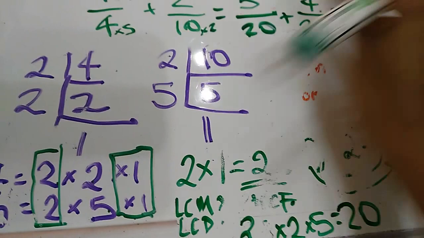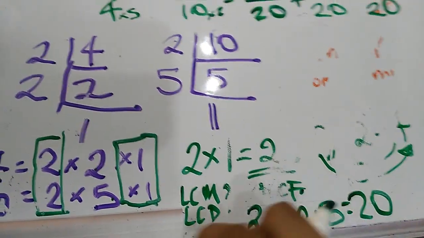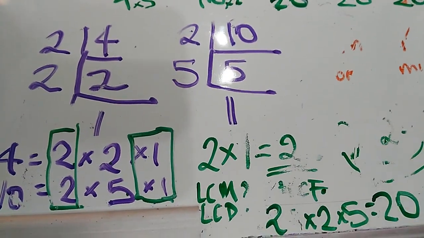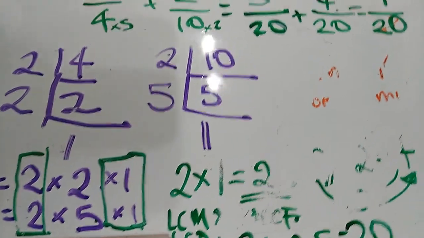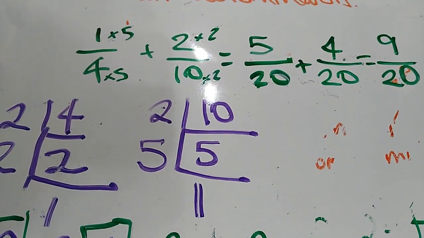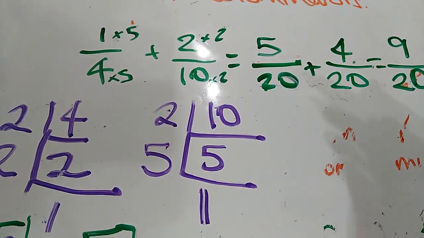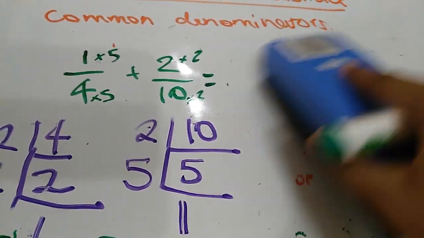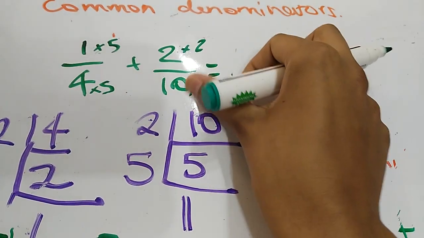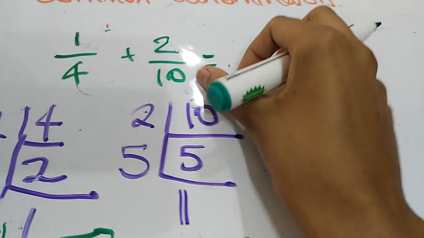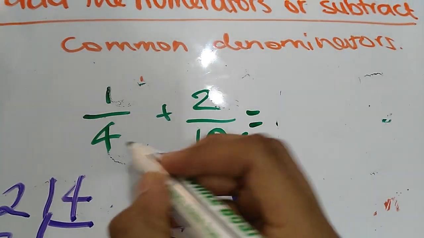Using this whole prime number method to find out the highest common factor and therefore the LCM and LCD is really useful when you can't seem to tell what the lowest common denominator could be. Also, you don't want it to become insanely big. Say, for example, we just had times the 4 and the 10 together. It worked for the previous example of the 2 and 4, but in this case, it would give us a very big